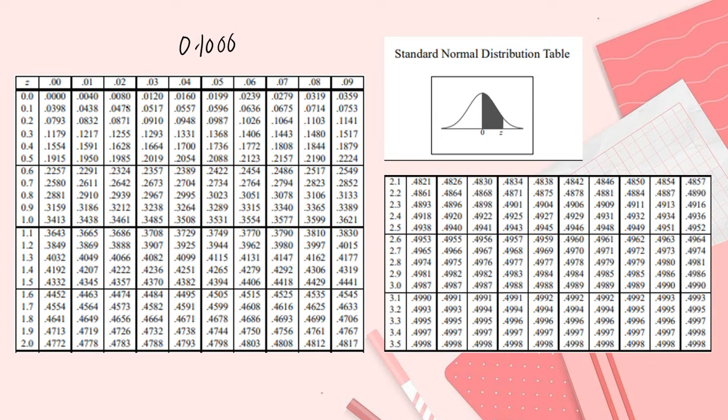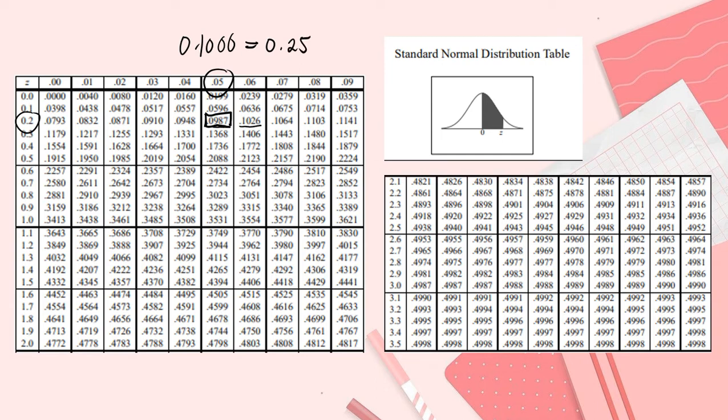Meron tayo ditong 0.0987 tsaka 0.1026. So, ang pinakamalapit po ay si 0.0987. So, saan sila nakalay? Nakalay sila sa